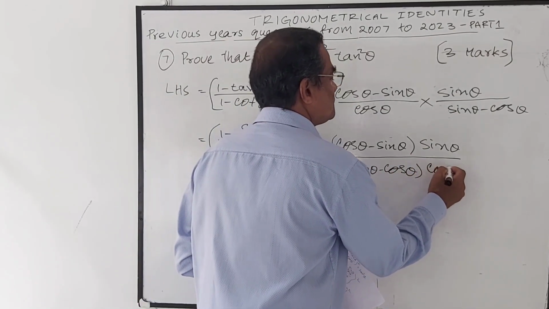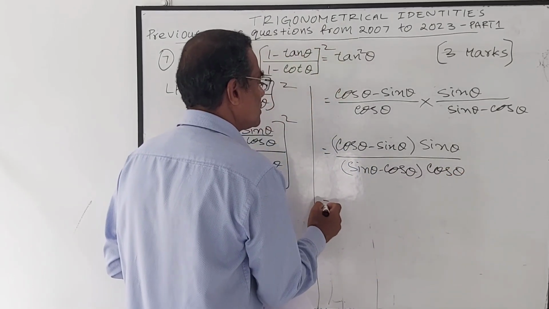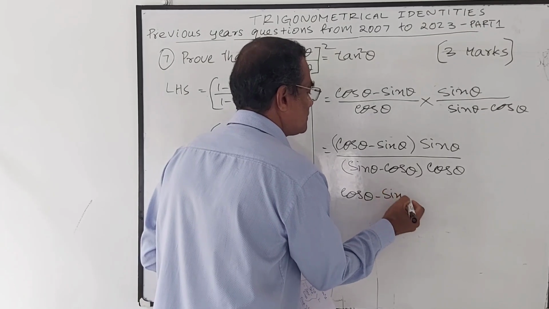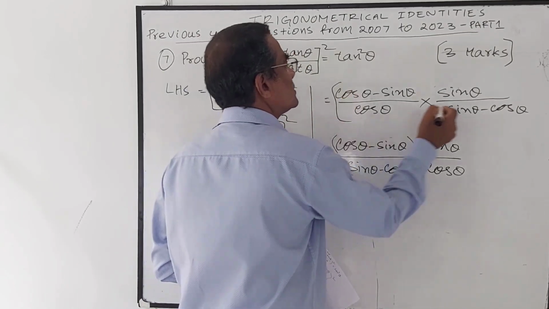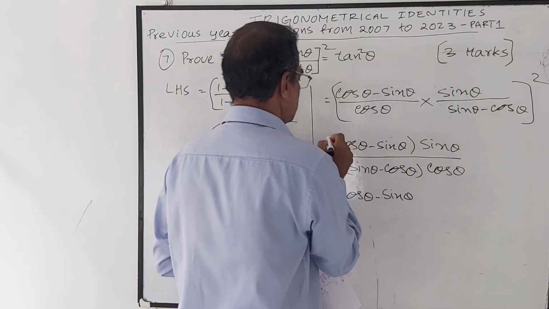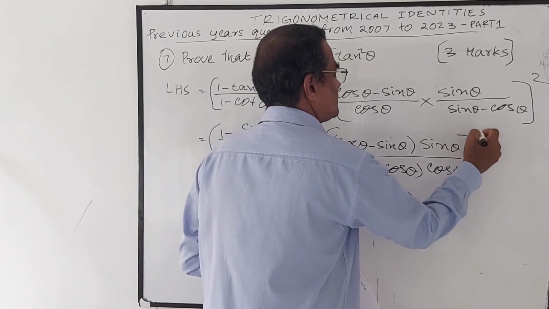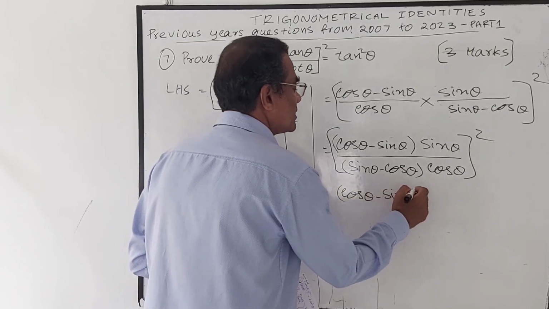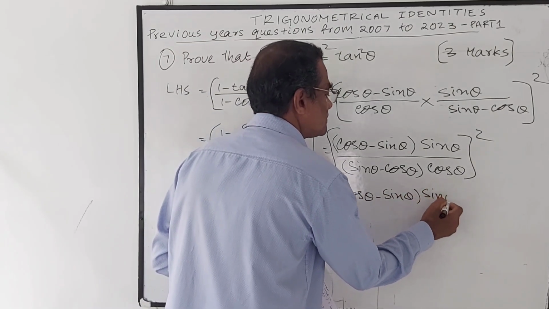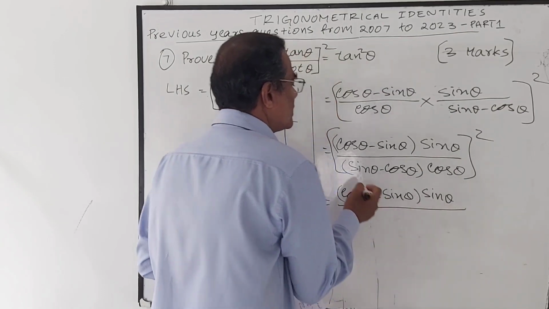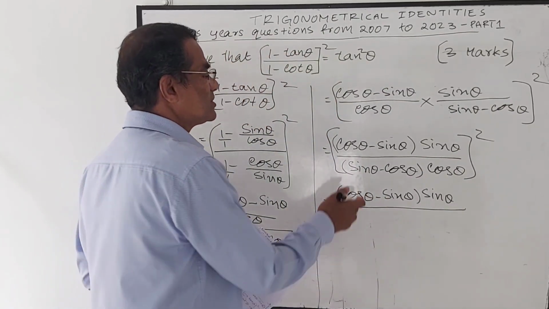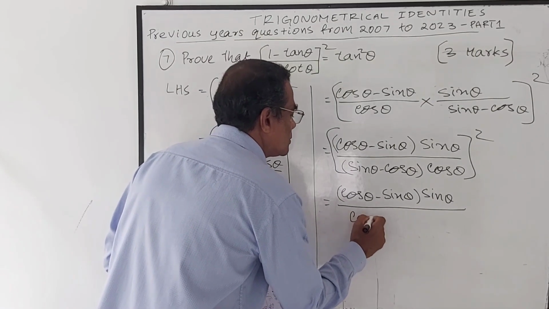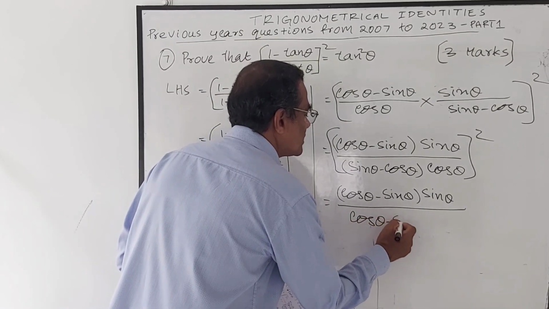Into cos theta equal to cos theta minus sin theta. So this is square, here also square. Cos theta minus sin theta into sin theta. In the numerator I am changing the order of this term. Sin theta minus cos theta I am writing as cos theta minus sin theta